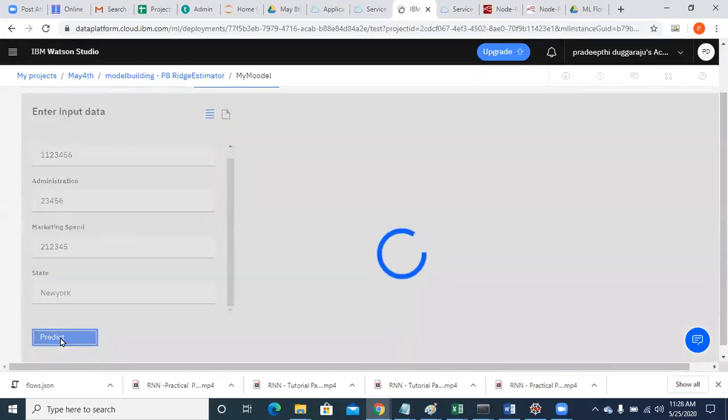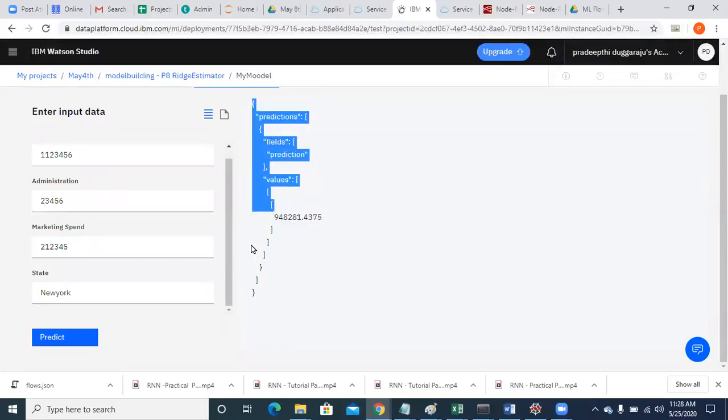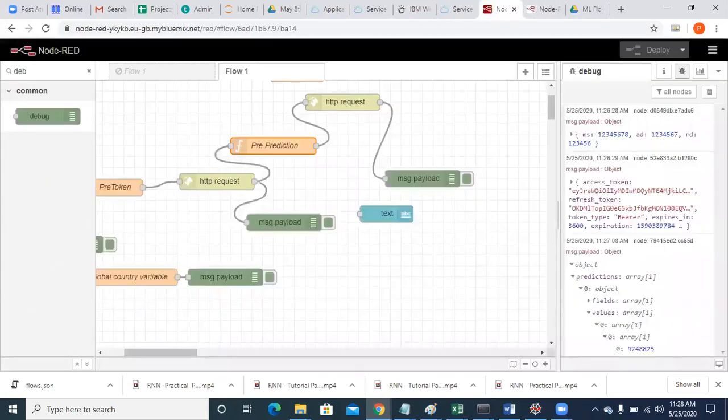Whenever you predict it, you are getting prediction like this, right? So prediction, fields, predictions, values. So here I got it in this way, right? However the way I am getting that in my test window, the same thing is replicating over here. Have you seen this? Have you observed this?